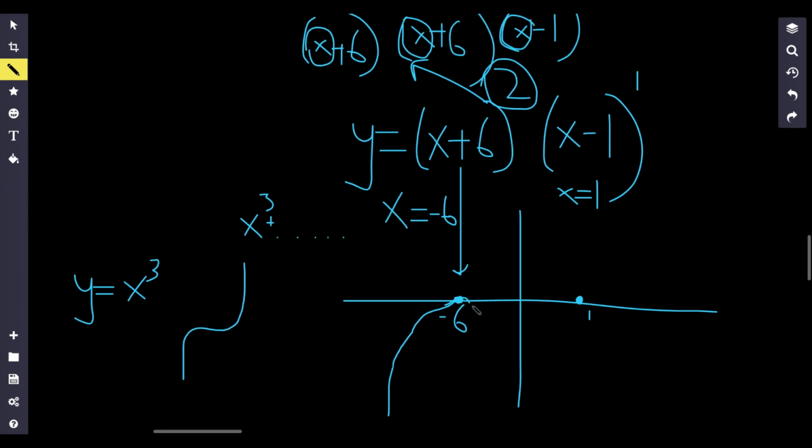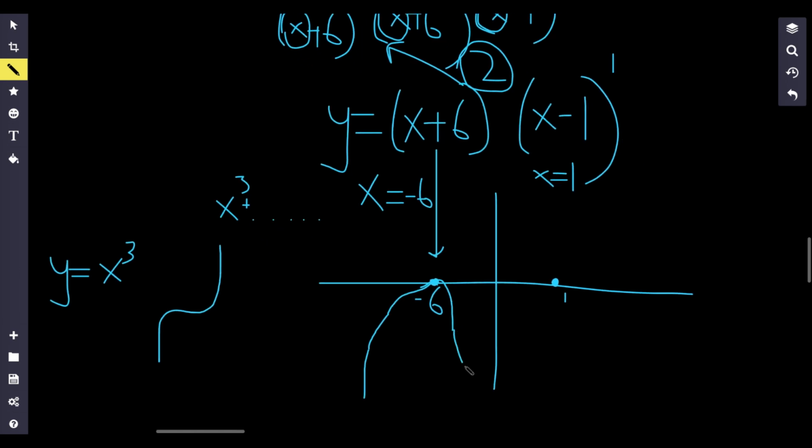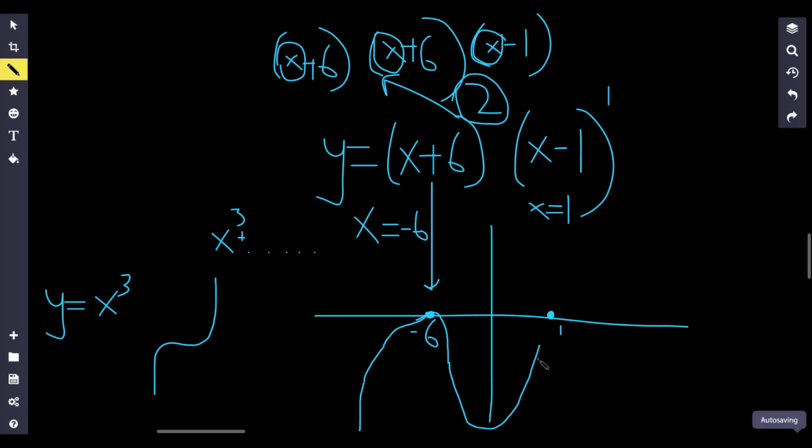It's going to stay below it in this case. Eventually this function has to go back up, because it has to hit the root at x equals 1. Now because this is x to the first power,